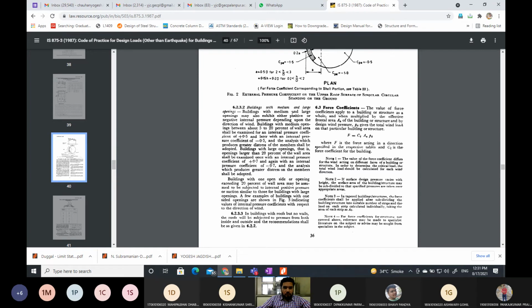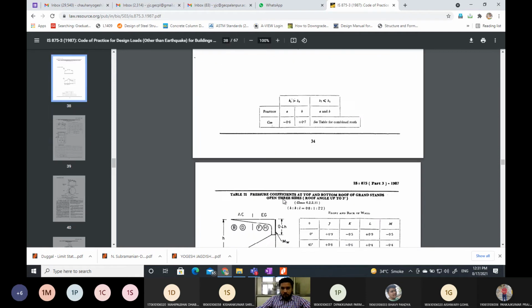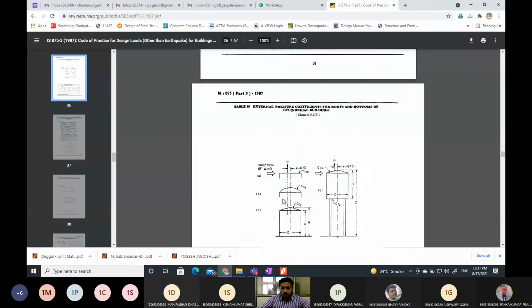Buildings with medium and large openings may exhibit either positive or negative internal pressure depending upon the direction of the wind. For buildings with medium openings, about 5 to 20% of the wall area, the internal pressure coefficient shall be plus or minus 0.5. Similarly, this is for the large opening area, and for buildings with openings less than 5%,